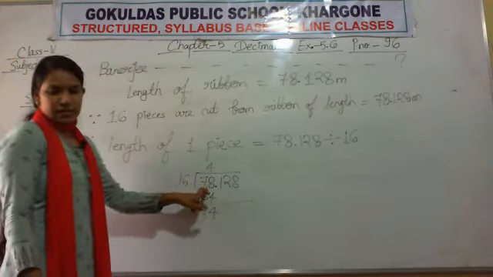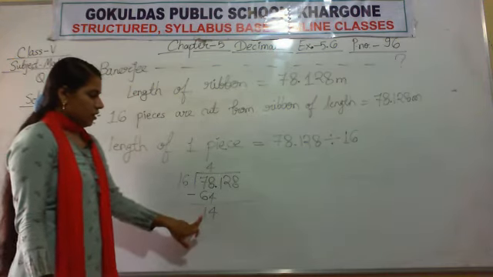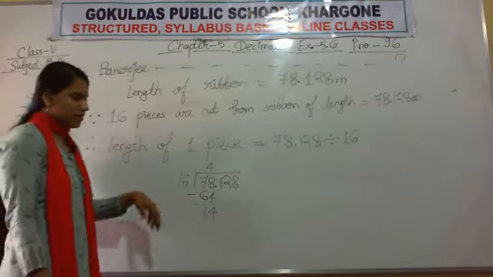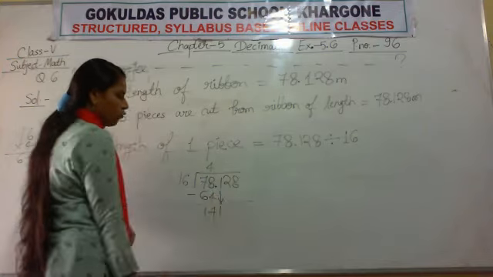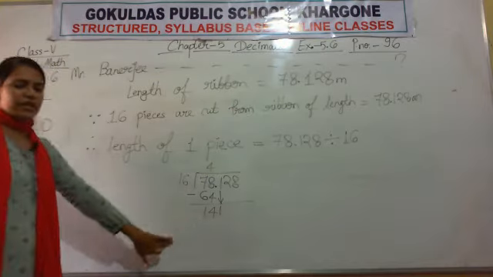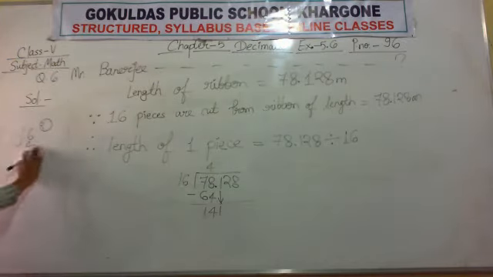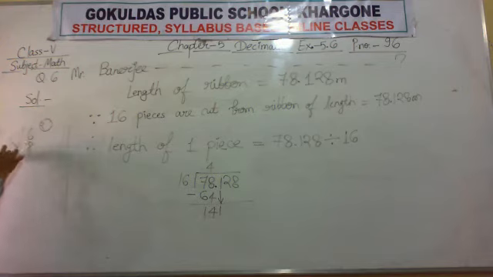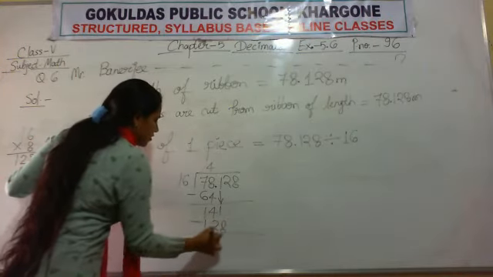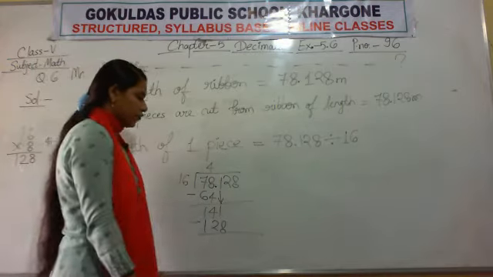Now subtract: 8 minus 4 is 4 and 7 minus 6 is 1. Now you can see that 14 is smaller than 16, so we cannot divide this 14 by 16, so we need to take down 1 here. Now our number is 141, which is larger than 16, so we can divide it. Let us check in how many times we can divide. If I multiply 16 with 8, 8 6s are 48, so 8 here, 4 carry forward, 8 1s are 8 and 4, 8 plus 4 is 12. So our result is 128. Now subtract this 128 from 141.